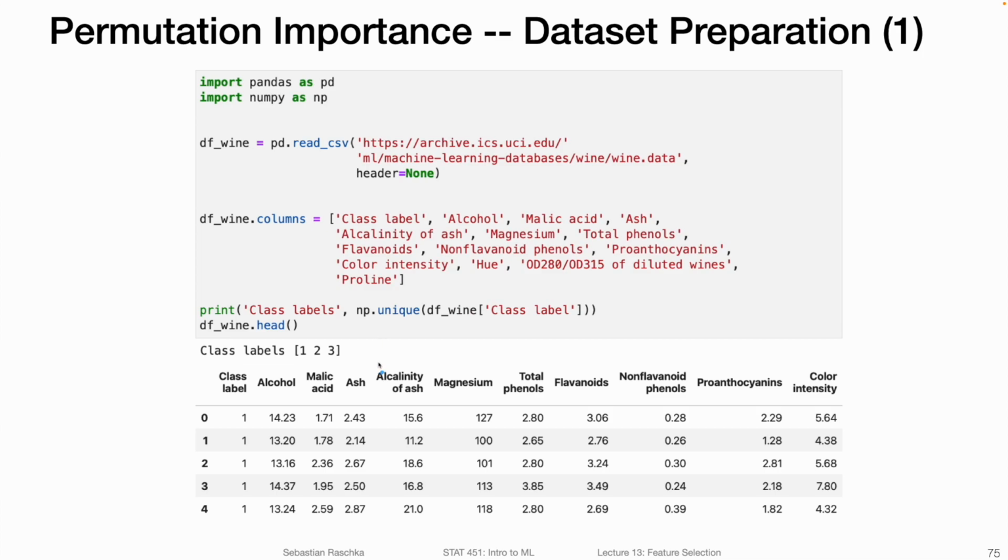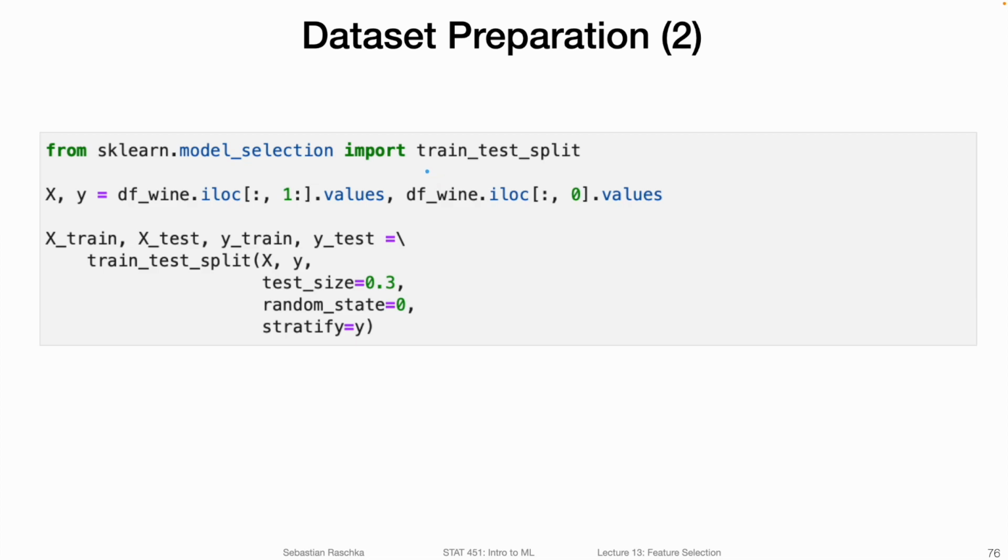And then also, like always, we will be splitting the data set into a training and a test set. So here what we're doing is we're taking the data set, except the first column, which is the label column. We will be splitting the data set into a training and a test set where 30% of the data is used for testing and 70% will be used for training correspondingly.